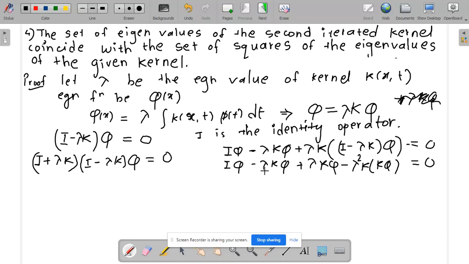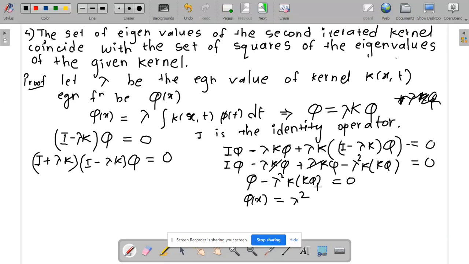So if you observe, this term and this term will get cancelled. We are left with I of phi. I of phi is nothing but phi, because I is the identity operator, minus lambda square times k of phi equal to 0. So if I expand this, taking this on the other side, this will be phi of x equal to lambda square